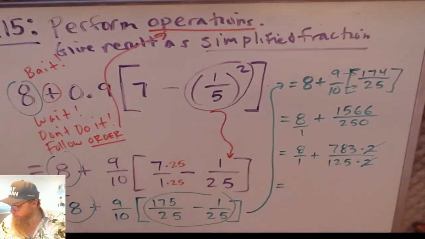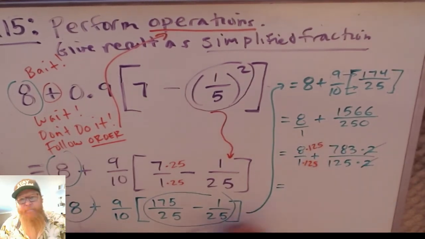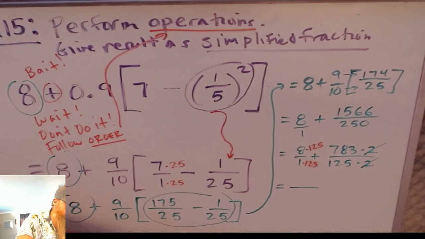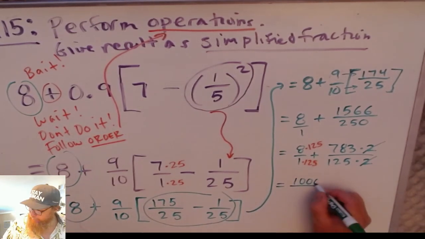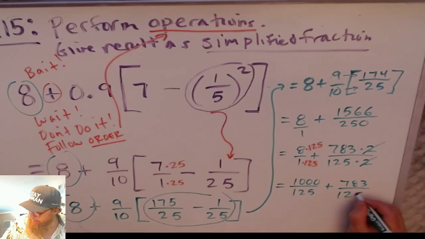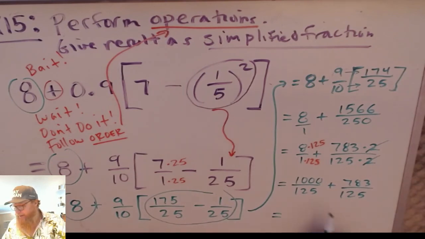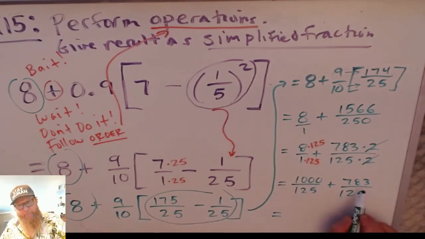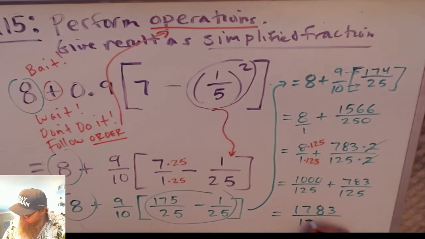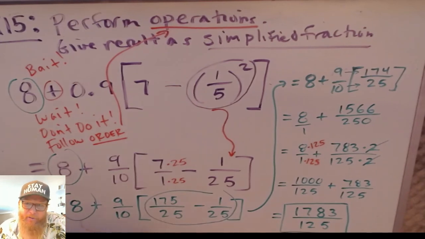Looks like my LCD will be 125, so I have to multiply the 8 by 125, top and bottom. So now I have 8 times 125, which is 1,000. I should have known that. Plus 783 over 125. And finally, the lesson that never ends is finally over. 1,000 over 125 plus 783 over 125 is 1,783 over 125. And I'm just going to box it because I'm about 99.9% sure that it's irreducible,